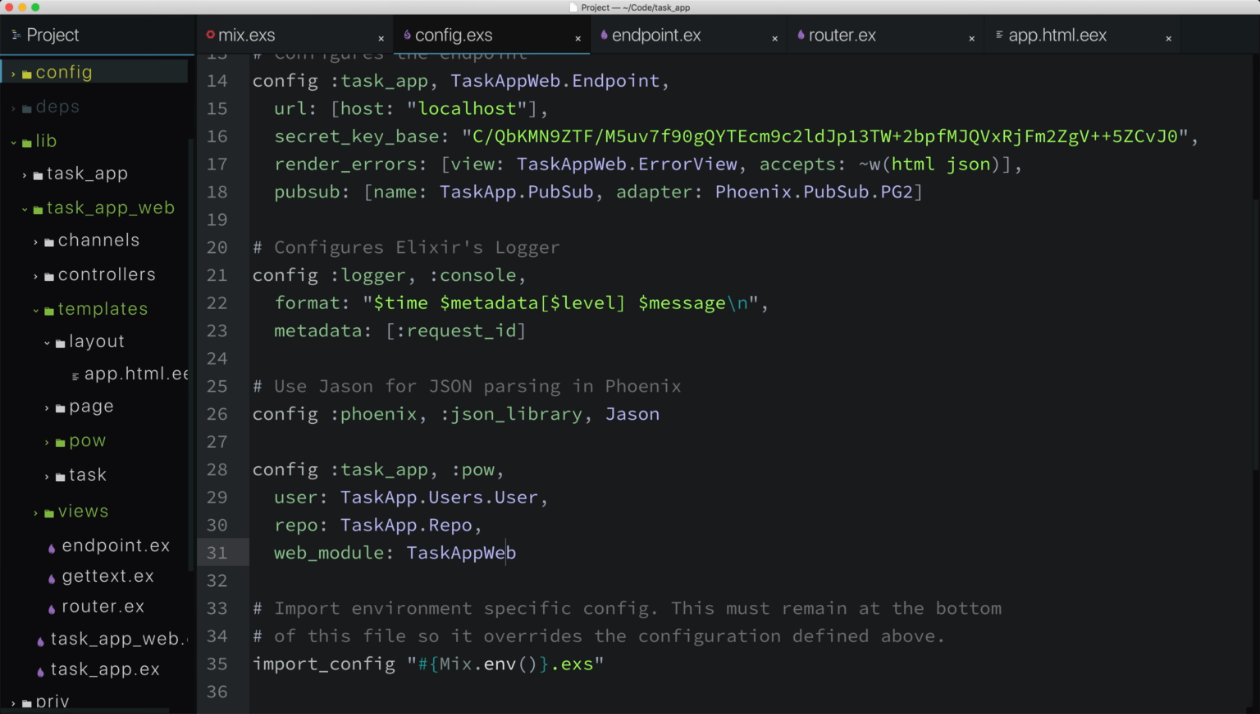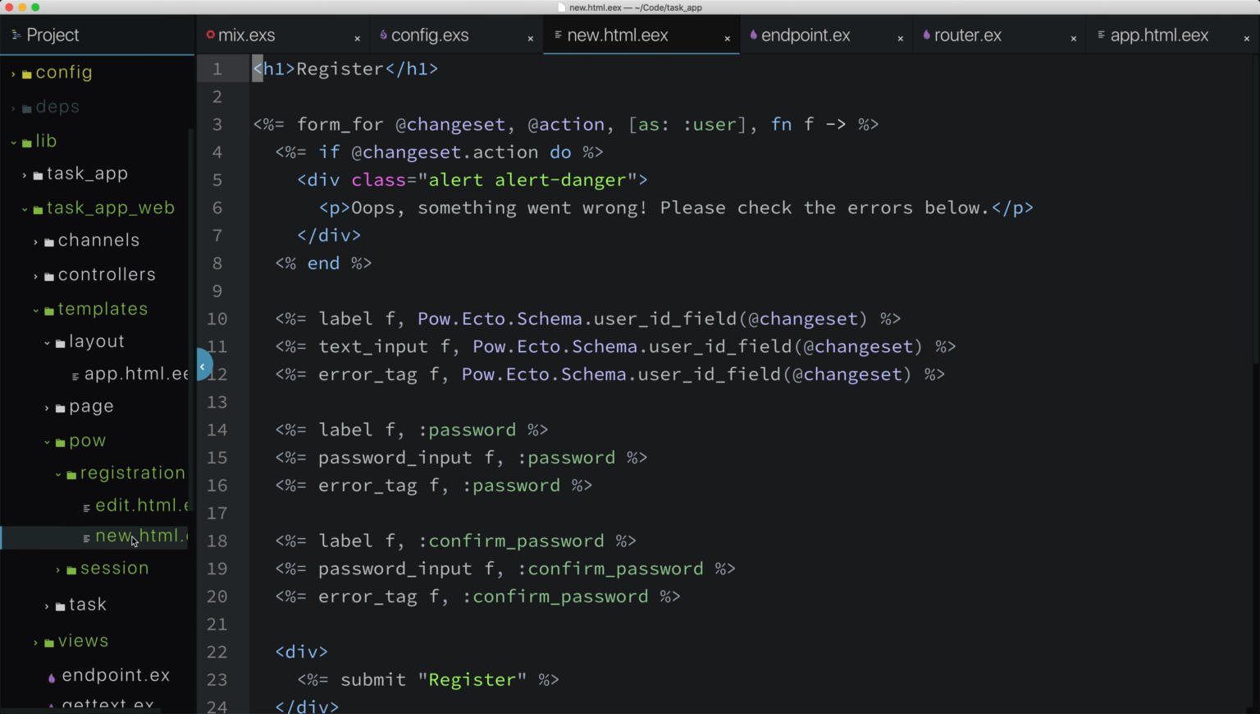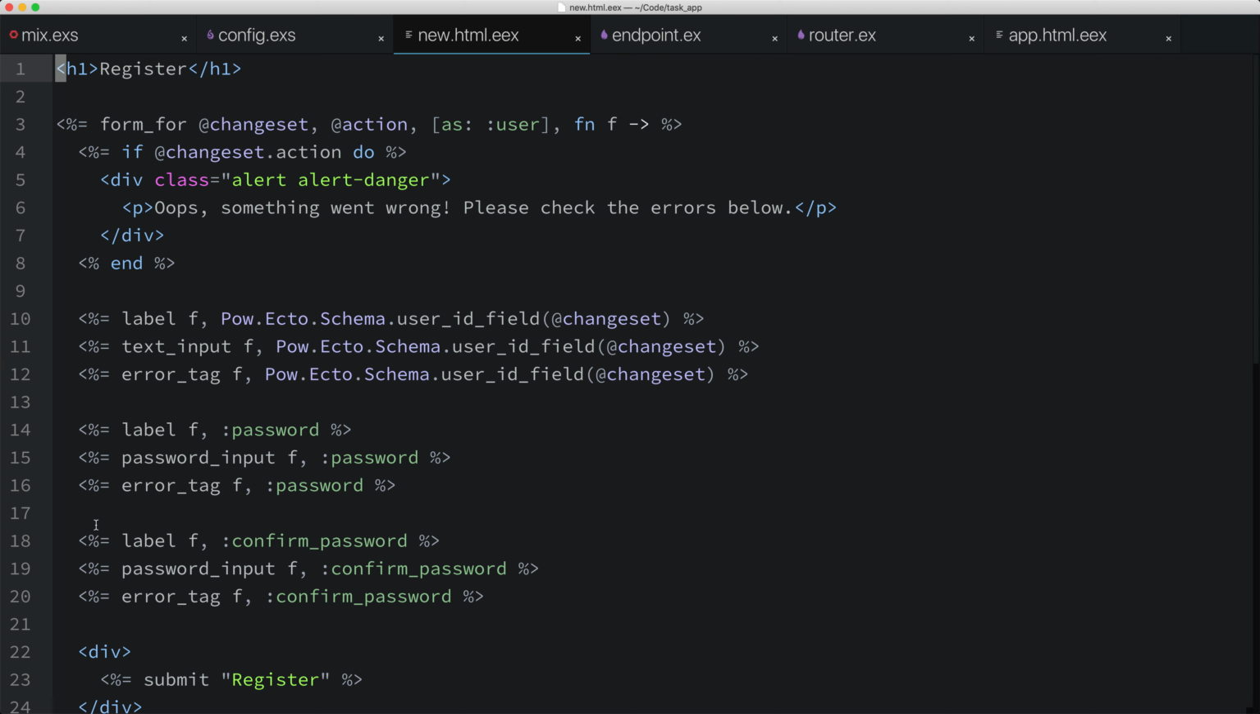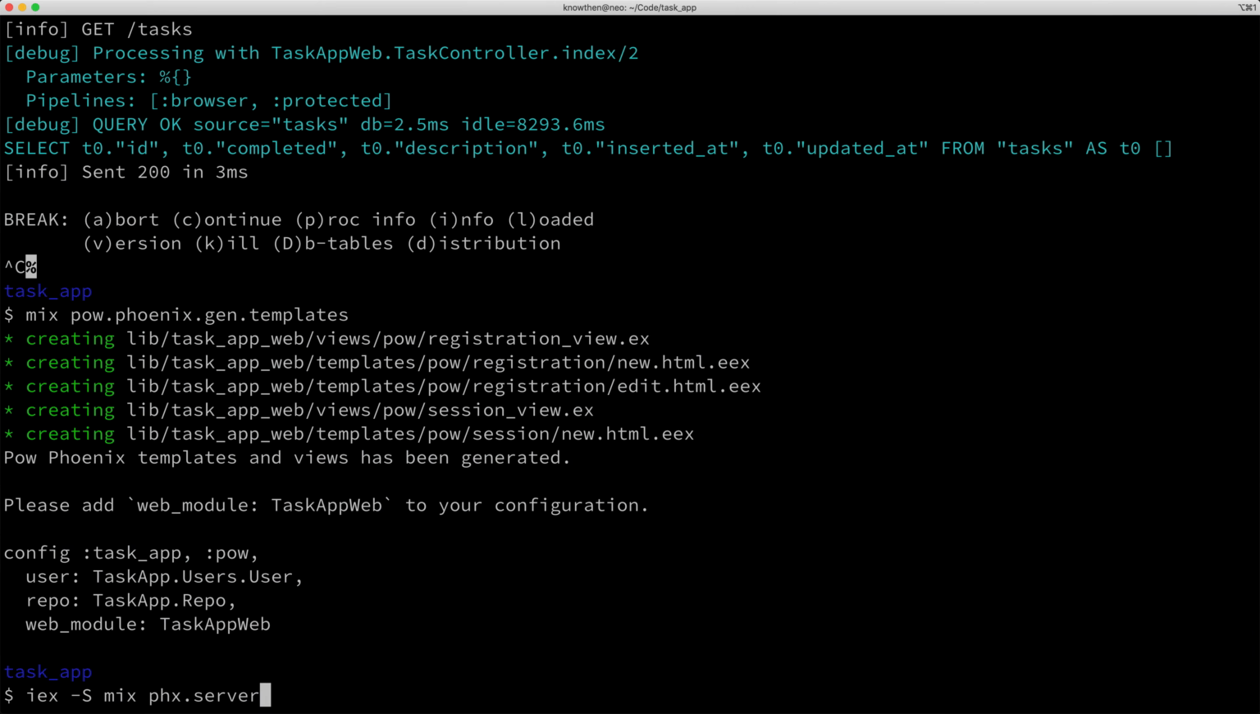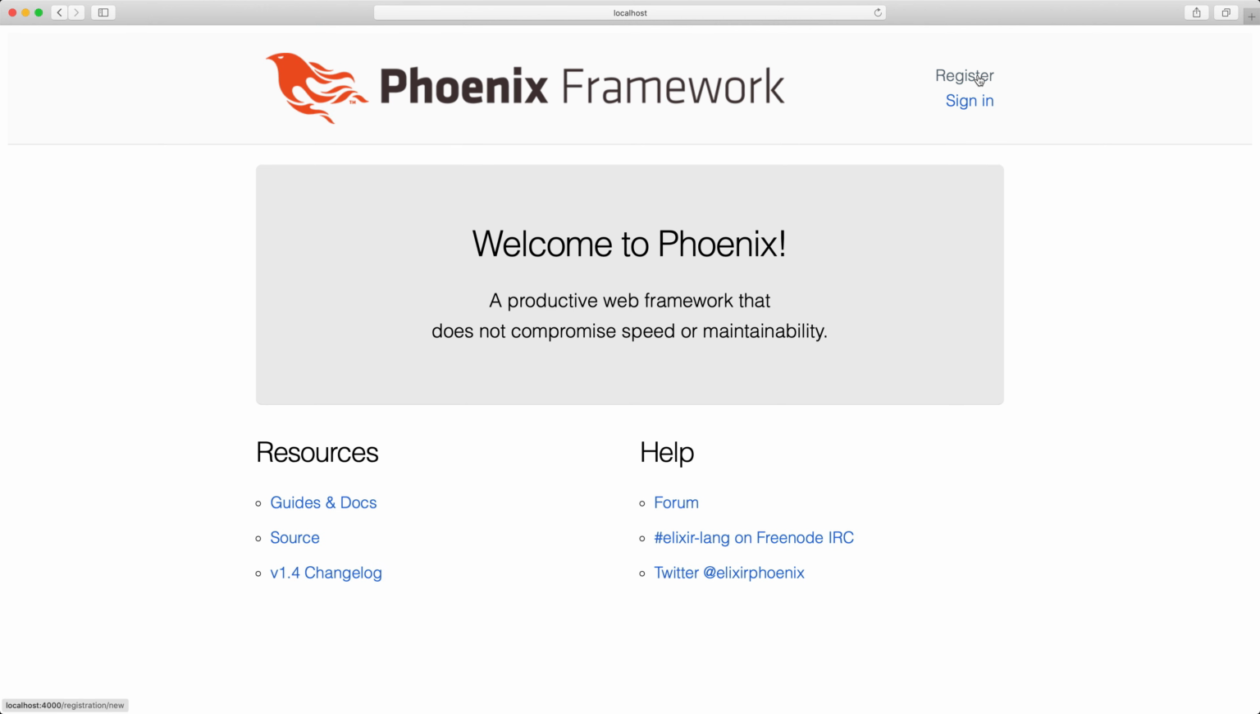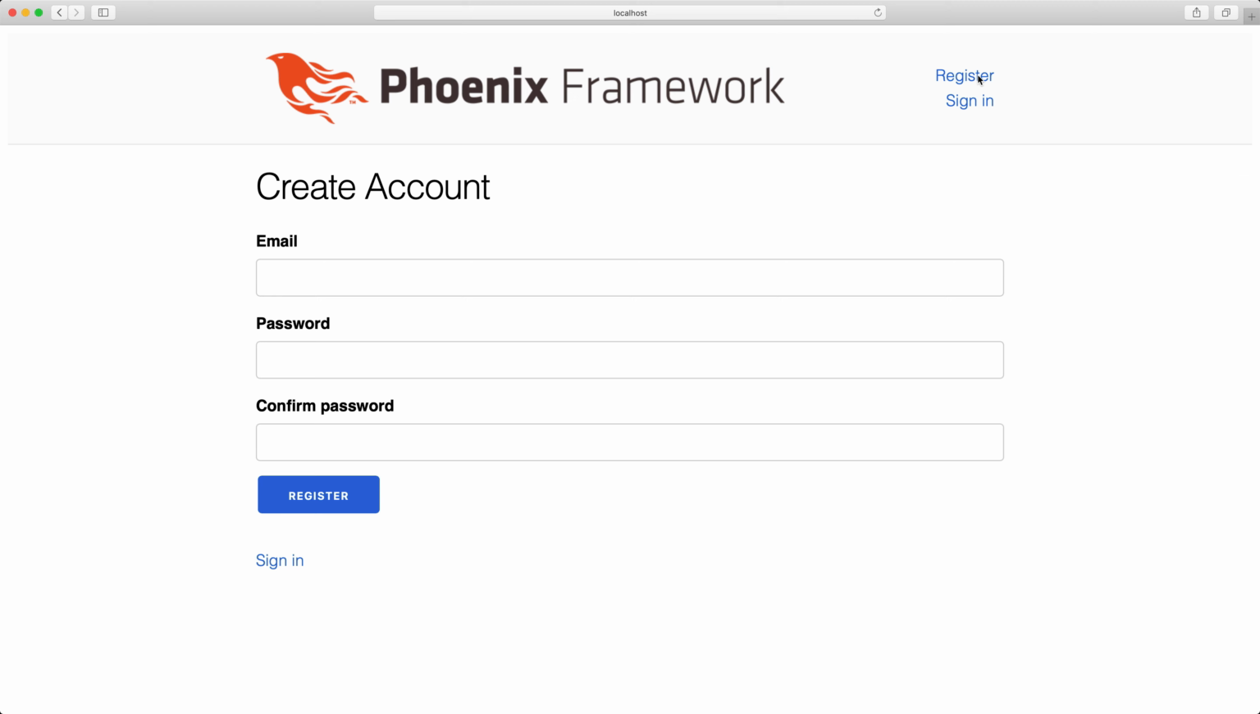Next, I'll make one small cosmetic change to the registration page by opening up the template file in templates PAL registration named new.html.ex. Now I'll just change the h1 tag from register to create account, and I'll start up the server. Then I'll open up the browser and navigate to the registration page, and as you can see here, our change